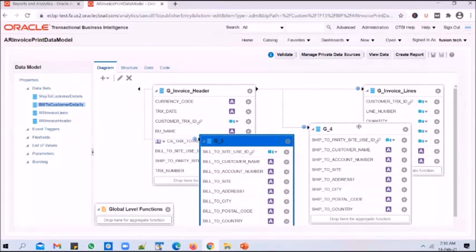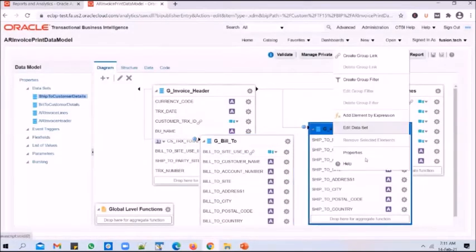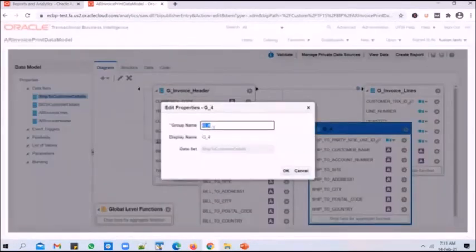So this query is slightly complicated. You can probably go through it at a later point in time once you practice the initial use case. It's basically linking up all the TCA tables and getting the customer name and address, as simple as that. And let's rename these groups as well. We'll call them GBill2, and we will call the other one GShip2. It's not required as such, but if you rename them, it will be meaningful, and without getting into the details, you get to know what that group is all about.